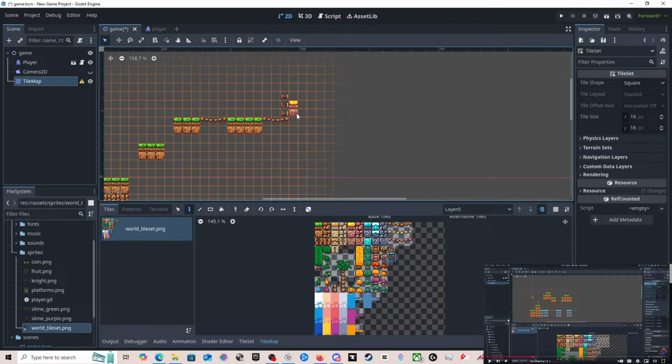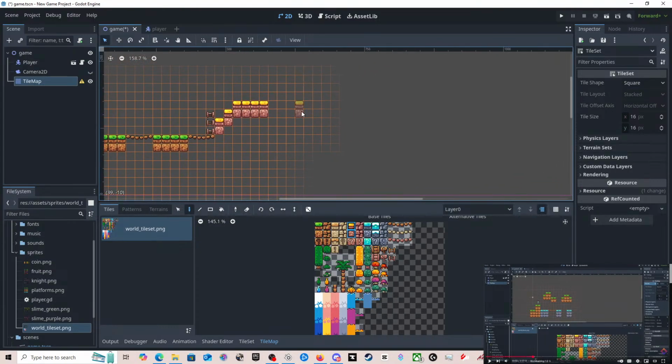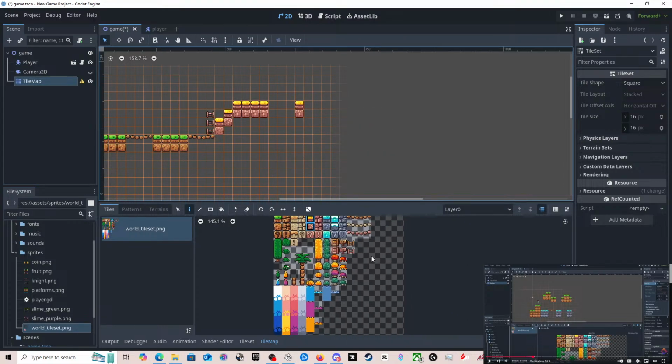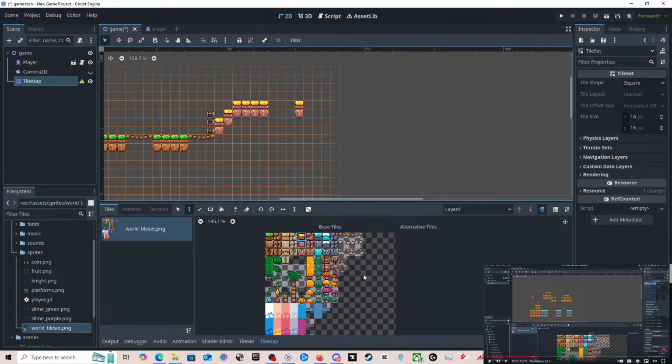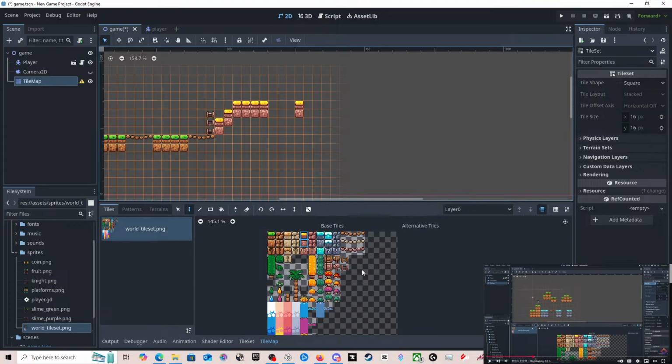So we've got a ladder going up. We'll come off, we'll go onto this. And then we will jump up and go along. Then we'll have another jump there. And what else could we say we want?